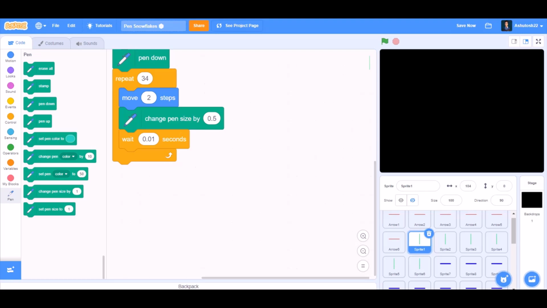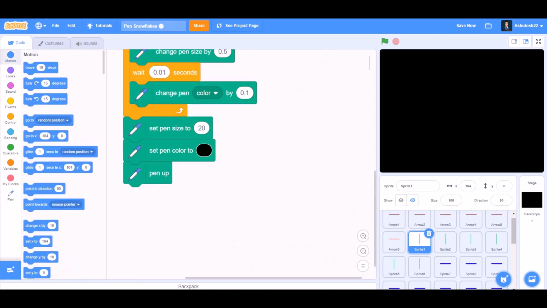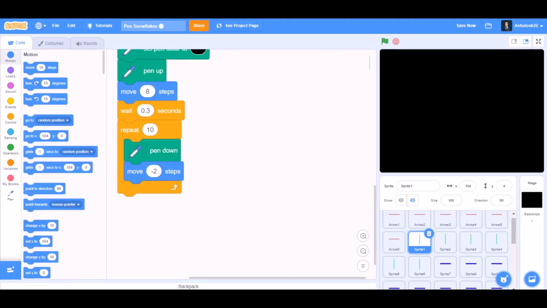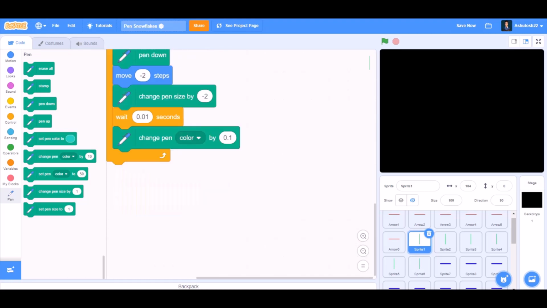Wait for 0.01 seconds. Change pen color by 0.1. Set pen size to 20 and set pen color to black. Pen up. Move 8 steps. Wait for 0.3 seconds and repeat 10 times. Pen down. Move -2 steps. Change pen size by -2.